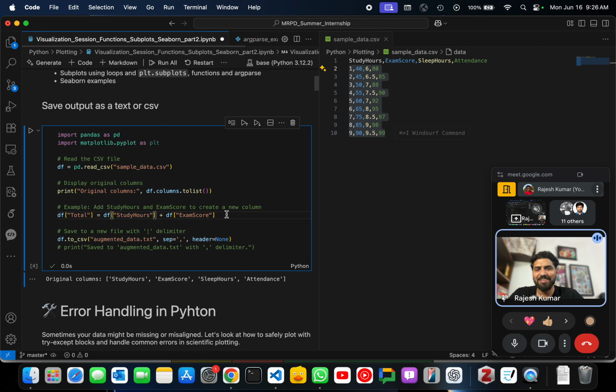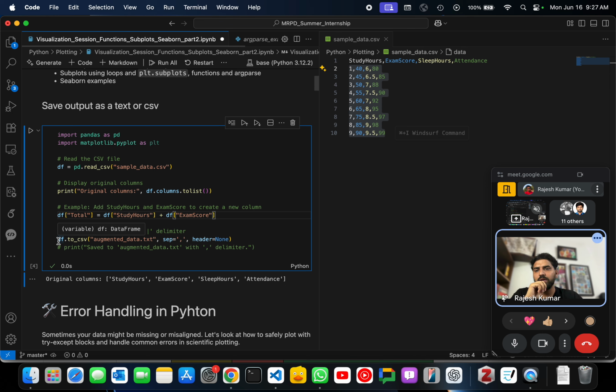The power of pandas is that it automatically understood which index it has to sum, right? It will only sum 0 0, 1 1, 2 2. You don't have to provide any loop logic here, right? When you do that, it will sum the corresponding entries and put it here, df total. Now the question is,